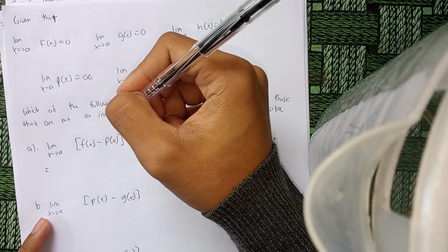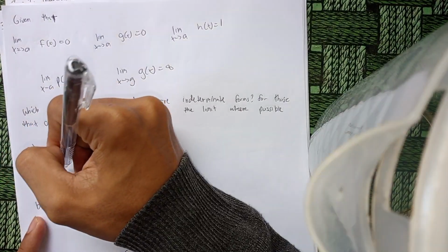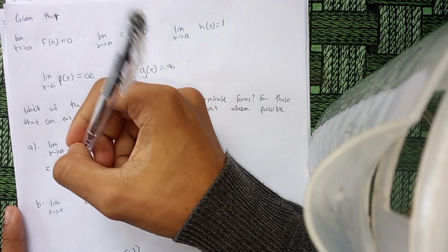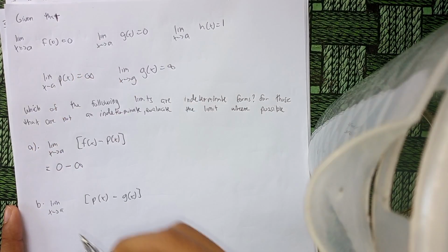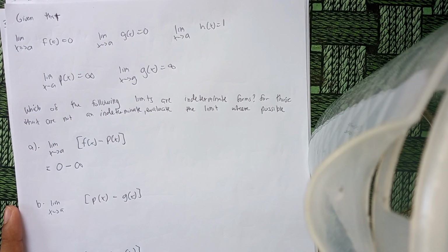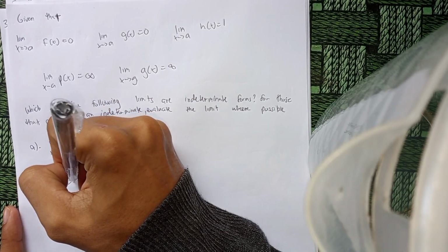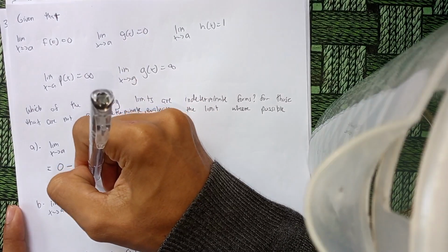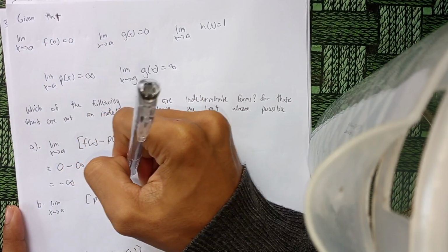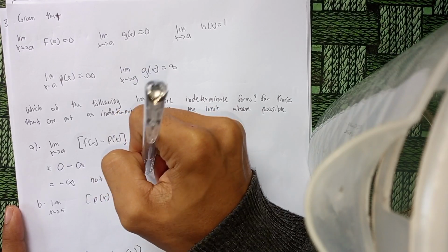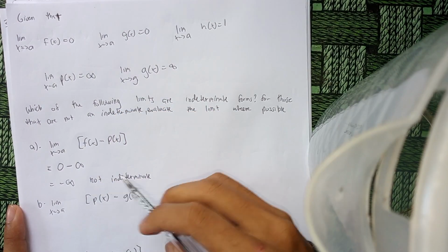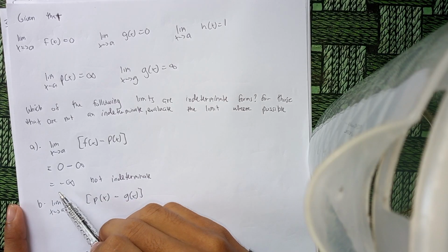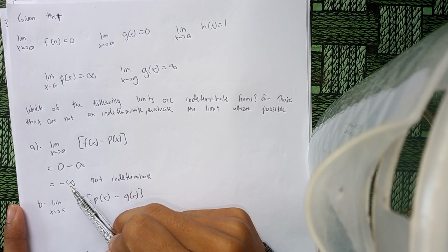Then this is equal to 0 minus our p of x here, which is infinity. So 0 minus infinity is negative infinity. So this answer is not indeterminate,